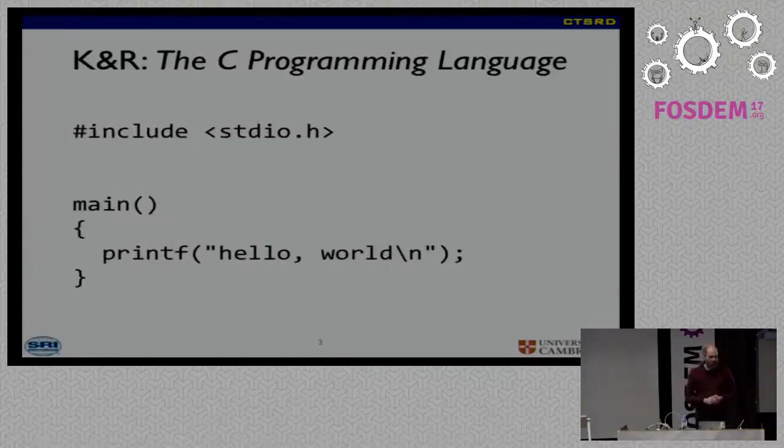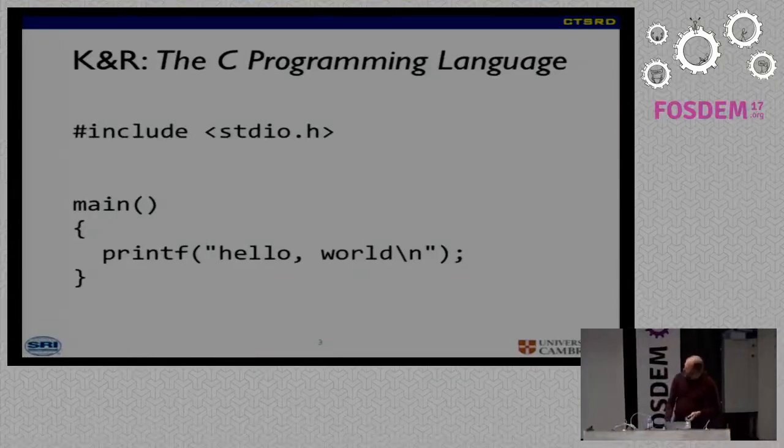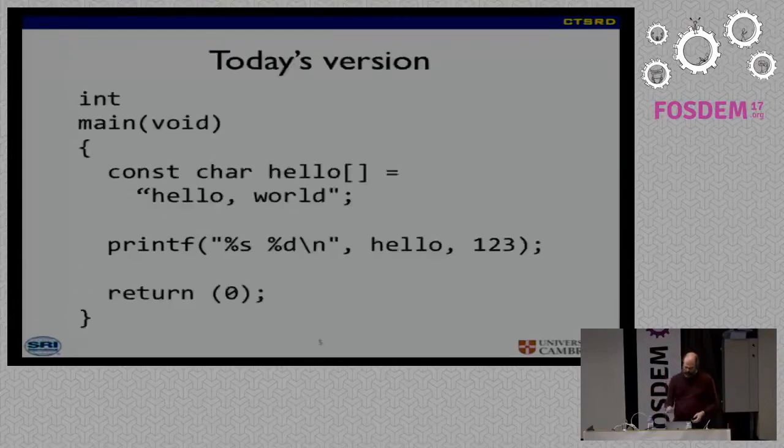So here's the first example from Kernighan and Ritchie's The C Programming Language. It's quite simple. All it does is print a string, "Hello World." Of course, you'll notice that this particular code isn't actually valid C anymore, so we need to make a few tweaks before we talk about it. We need to declare the arguments to main, or rather ignore them in this case. And then that's a little boring, so we're going to take this one step farther and make printf take a